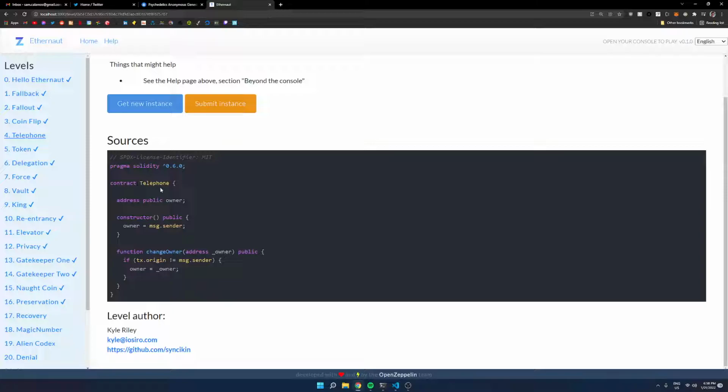So it's a telephone and it has a constructor which sets the owner equal to the message.sender, so whoever constructs the contract will become the owner. And there's a function here called changeOwner, and it takes in an owner address, and it says if the transaction origin doesn't equal the message.sender, then we can rewrite the owner. So really what this challenge is all about is this transaction.origin and this message.sender and what